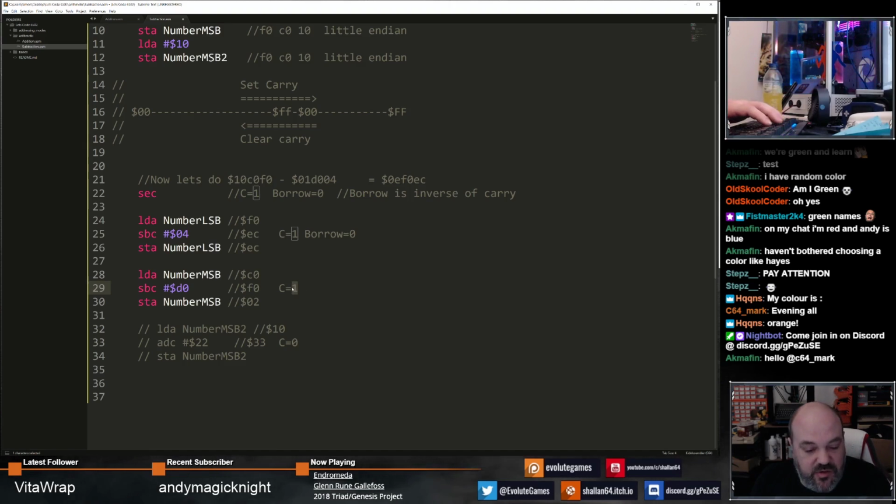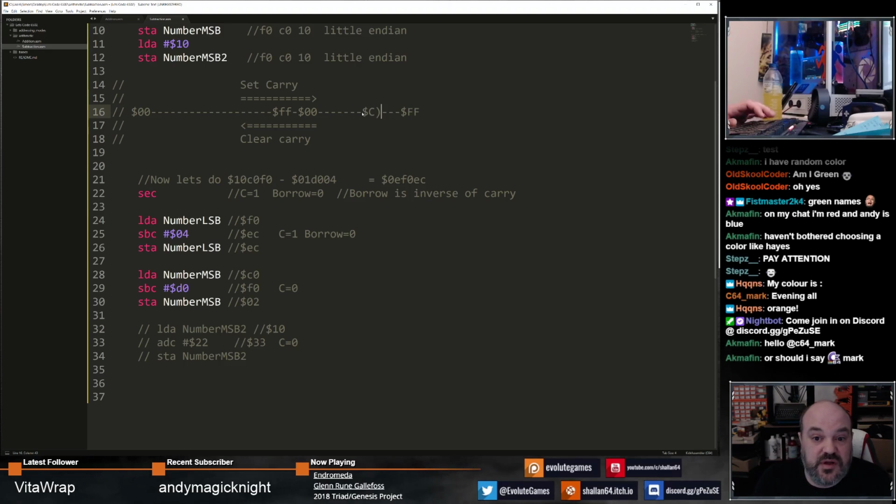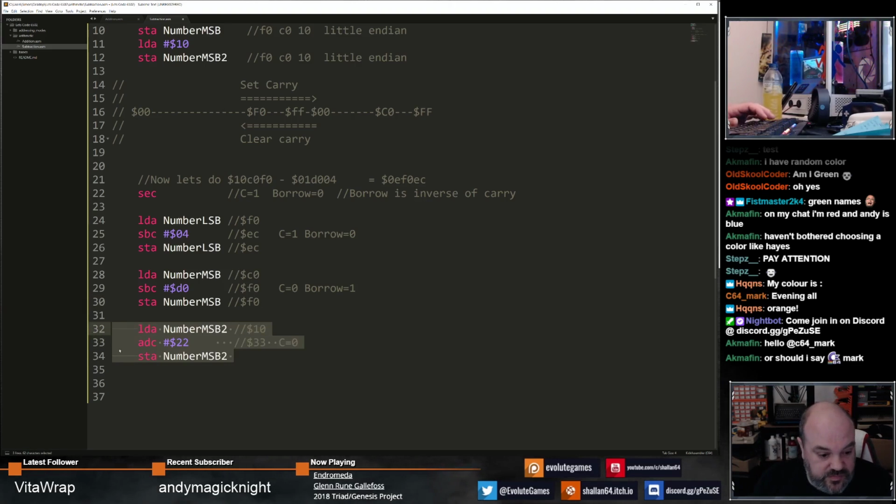At this point, the carry will be cleared because we've moved this way. So we've gone from C0, which is here somewhere. We've moved D0 this way, which has taken us to F0, and cleared the carry bit. So now our borrow is 1. And because our carry is clear, we store that number here, which means when we do the last one,